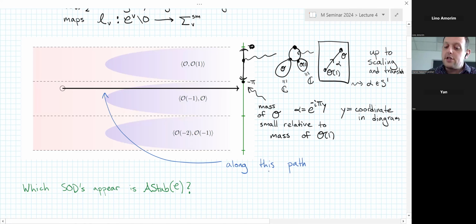And these just remain stable for all the rest of time. And if you look at the log of the central charge of O and O(-1) in that chamber along that path,